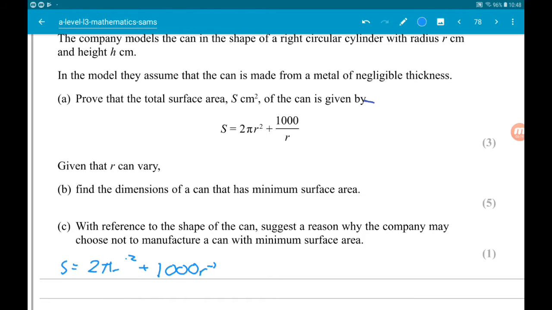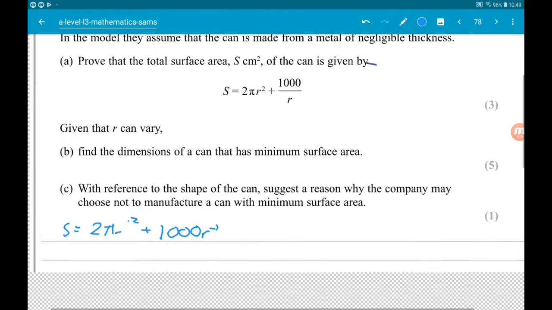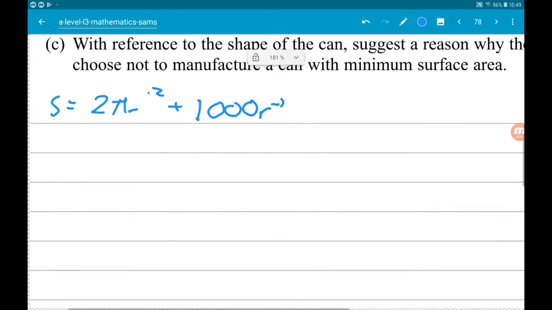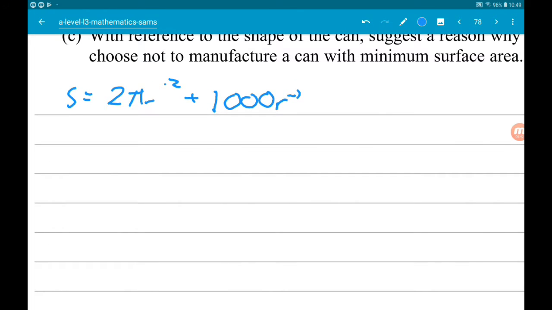So now that we know S in terms of one variable, we can differentiate it, set it equal to 0, find the value of r. When we know the value of r, we can get the value of h. So, I've rewritten the expression for S as 2 pi r squared, add 1000 r to the minus 1,